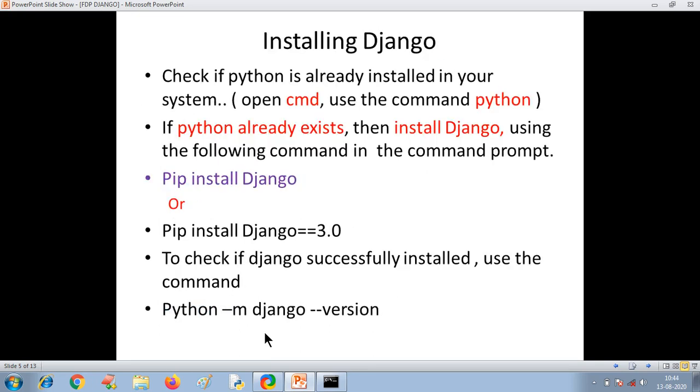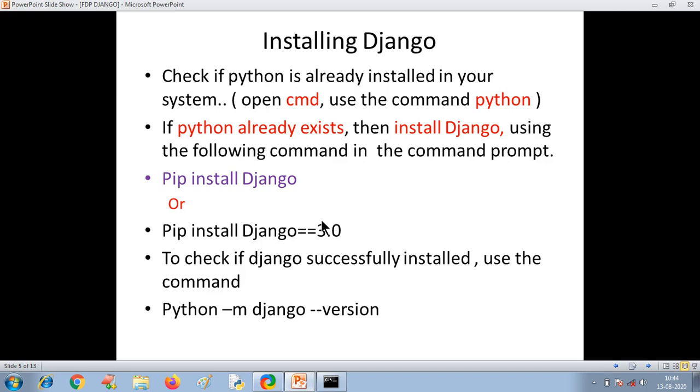As I have already told you how to install Django, you just need to open the command prompt, then type python to check whether Python is already there or not. If Python is already there, then install Django. How to install Django? pip install Django, or pip install Django==3.0.